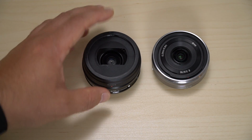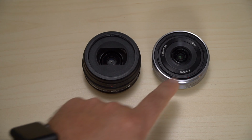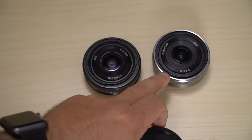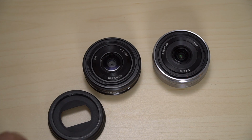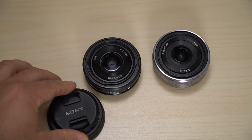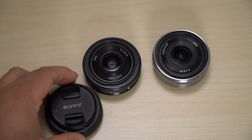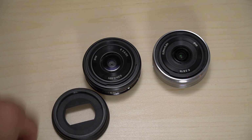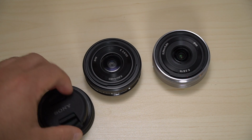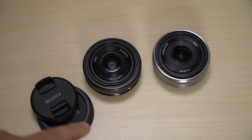this lens hood. After you add the lens hood to the 20mm, it is going to diminish the size savings over the 16mm just a little bit, but it is nice that they included this because the 16mm didn't come with any sort of lens hood whatsoever. Also, the front lens cap snaps right onto the lens hood, which is a really nice feature to have so that your front element isn't exposed all the time. So again, that does diminish the size savings a little bit,